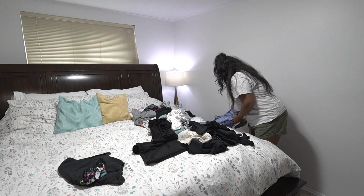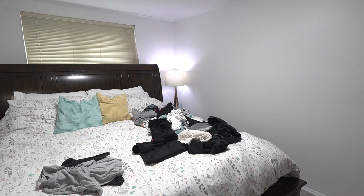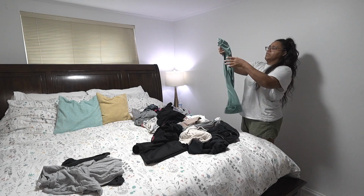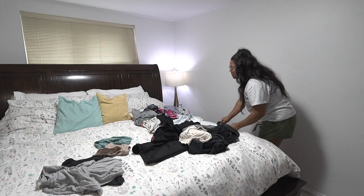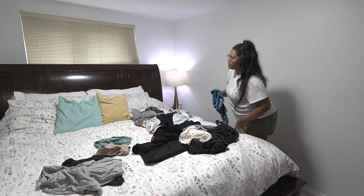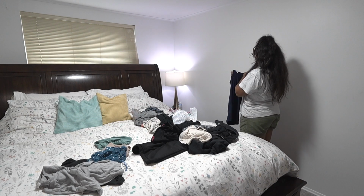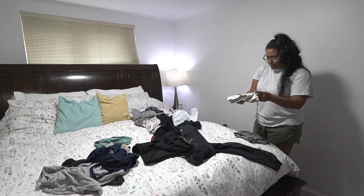I didn't count everything down to what was already in bags. Most of that was already James's and Savannah's. But I ended up getting rid of, I think, 40 to 45 pieces of clothing, plus I think a couple pairs of shoes. So I think I did pretty good. Most of it was just stuff that wasn't going to be worn. I'm pretty much left with the bulk of just my summer clothes,